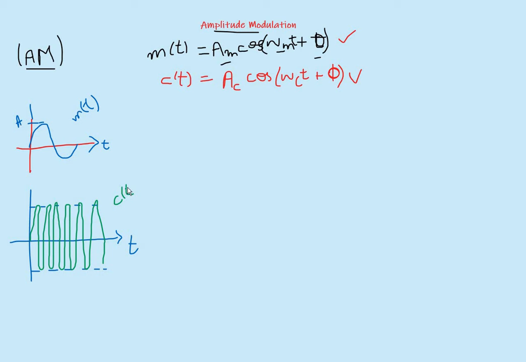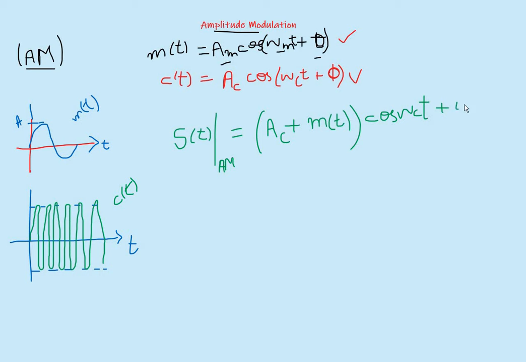So after modulation, the equation that we saw was s of t, that is the modulated signal, and the modulation is AM, amplitude modulation. So the equation is Ac plus m of t, because we are embedding our message signal according to the definition of amplitude modulation. We can clearly see here we are just following the definition of amplitude modulation, right?